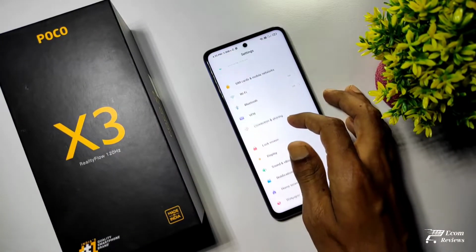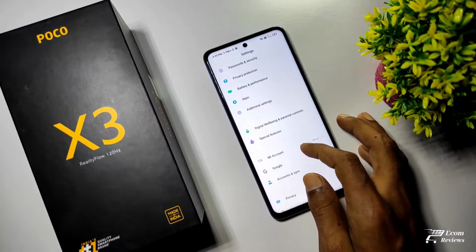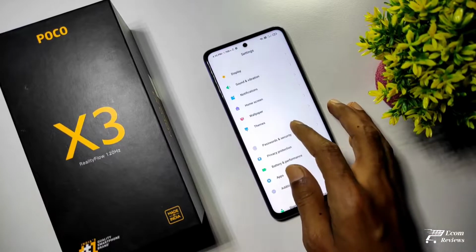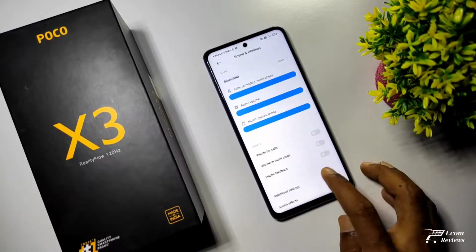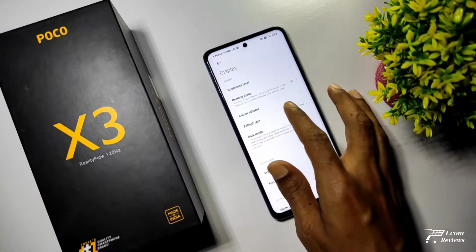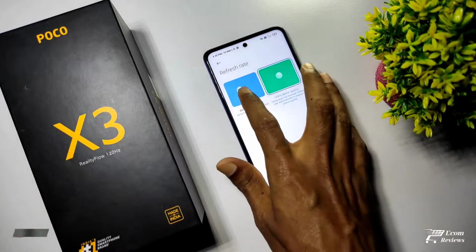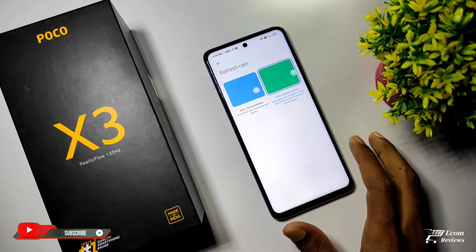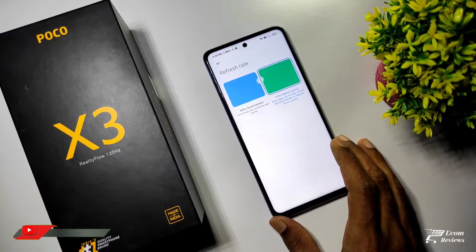This phone comes with Z-Shock haptic feedback and a 120Hz display panel. So if you want to enable the Z-Shock haptic feedback, then just tap on sound and vibration and use this haptic feedback feature, and the Z-Shock haptic feedback will be enabled. And if you want to use the 120Hz, then just go to the display section and here you will find the option. I suggest you use the 120Hz, but if you want to save more battery, then